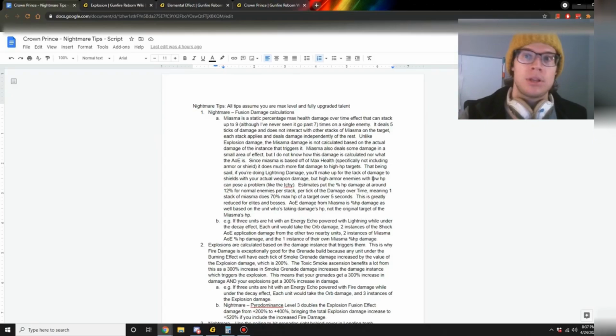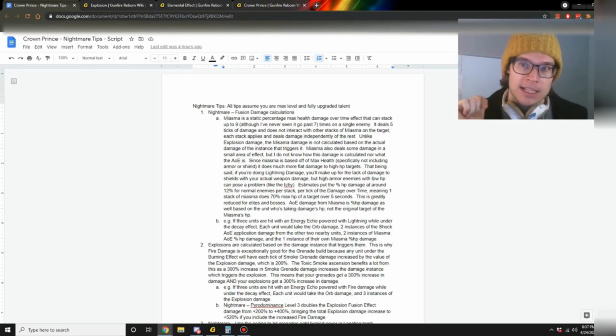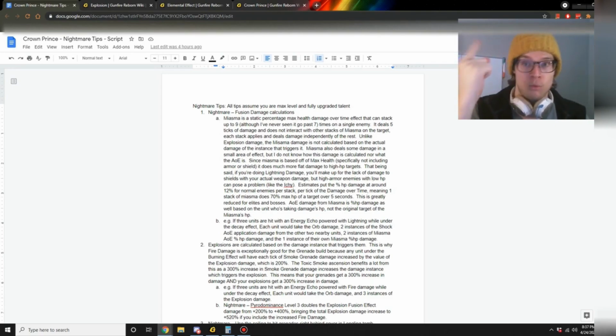They each apply 2 instances of shock to the other 2. So we've got Energy Orb, 2 instances of shock. All of them get Miasma, okay? Which means that they apply that Miasma AoE to the other ones there. So they take 1 damage from Orb, 2 instances of damage from Shock, and 3 instances of Miasma instantly upon